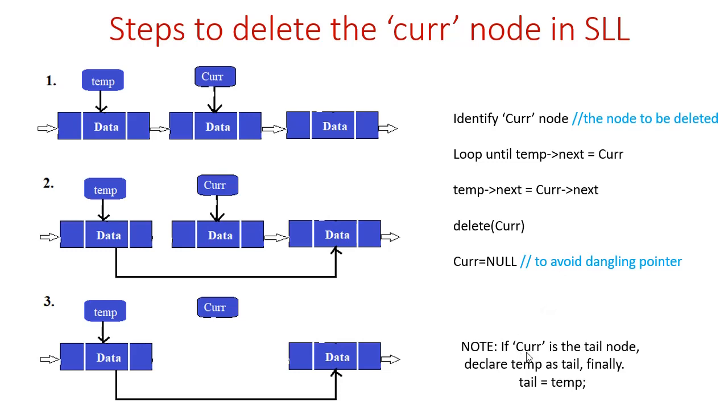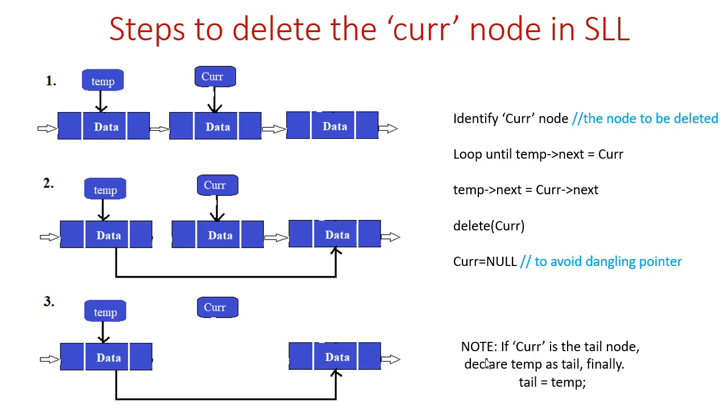What if that random node happens to be the tail node? You need to specifically check that, and there is an additional step, because the tail node is removed and you need to identify the new tail node. Previously the tail was referring to this current node. Now this is removed, so this becomes the new tail. So I am saying tail equal to temp. This node referenced by temp is also referenced by tail, and tail's next happens to be the next node, which is obviously the head node.